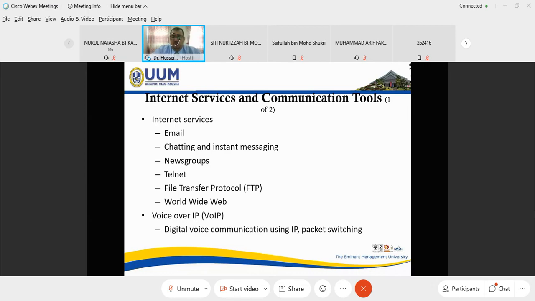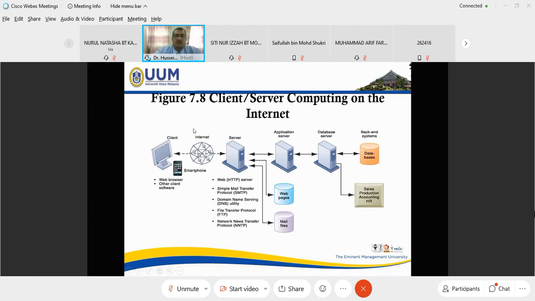This is the client server computing on the internet, as we explained. We are clients, connecting to the internet. How can we go to the database? We cannot go to the database unless we go through the internet, and the internet helps us connect to the server. Through the server, there is a web-based server, an application server, and a database server, so we can go to the back end system or database.